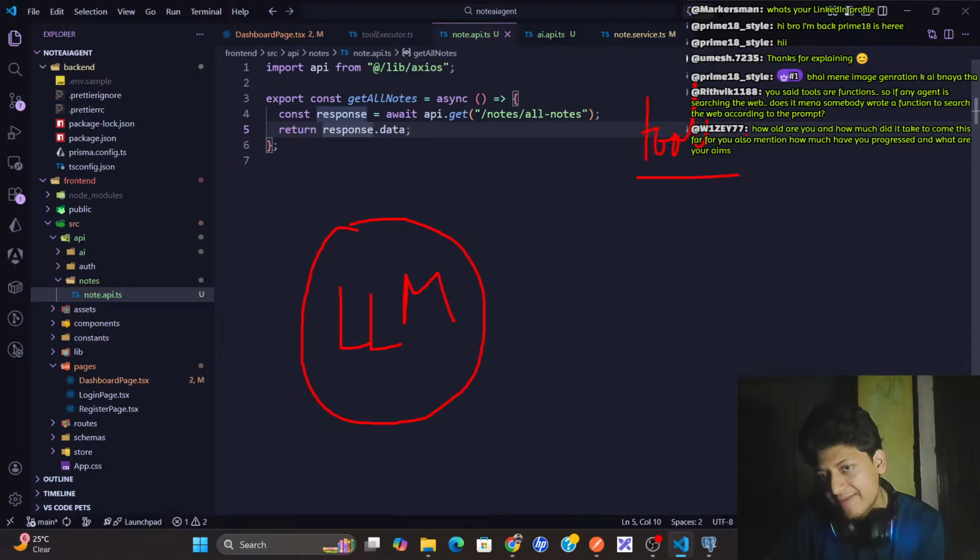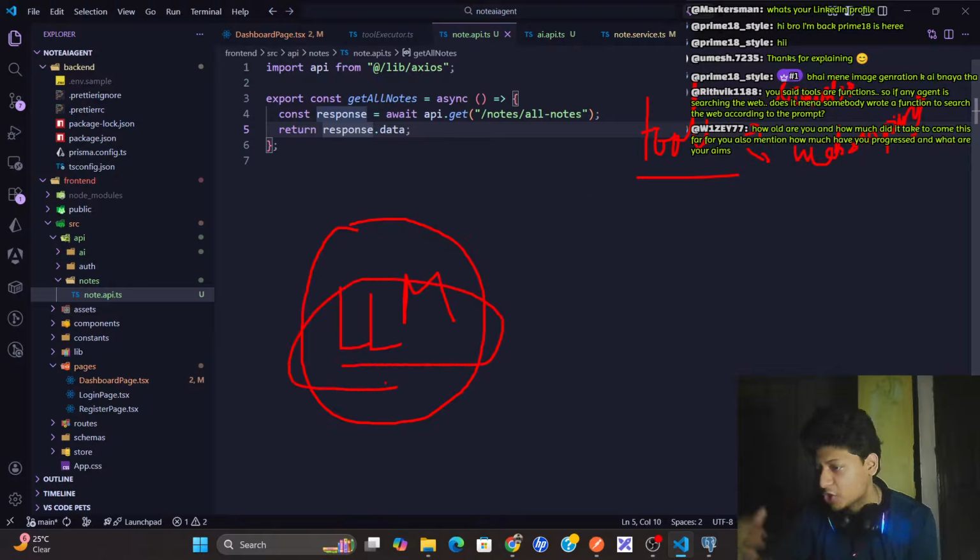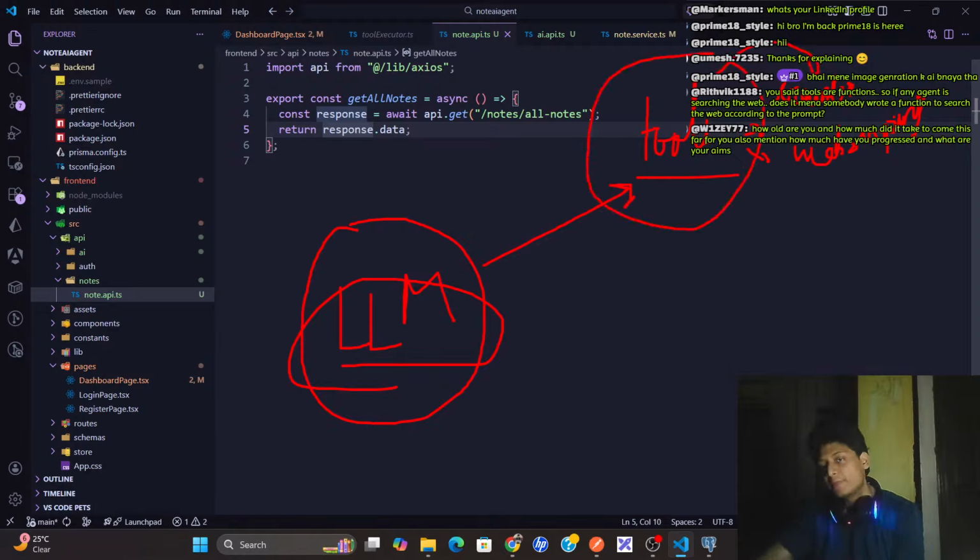Maybe you gave access to a web crawler, or you are using a web scraping API in that function, and you have told your LLM that its job is to search the internet according to the need. So in this case, the tools are maybe a web crawler or a web scraping tool. So tools are just functions.